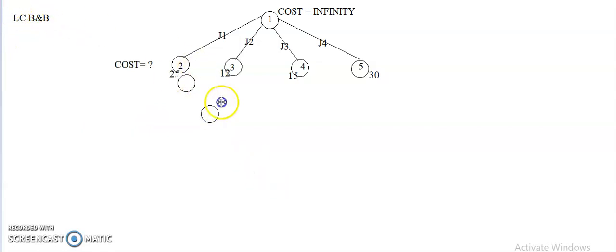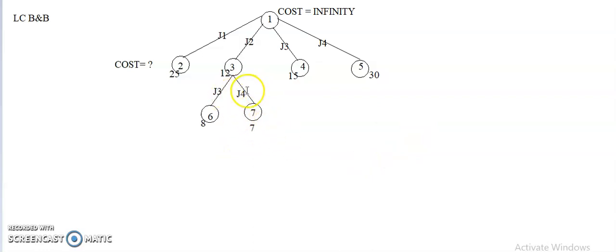Okay, so now J2 is already there, then J3 and J4. Let me draw the line here. I don't know what the cost is; I have randomly given the costs as 12, 15 and so on, just for understanding purposes. Now let me label the nodes present here as node number 6 and node number 7. Suppose the cost I got at this particular level is 8, and the cost here is 7. For example, the job scheduled here is J3 and the job scheduled here is J4.